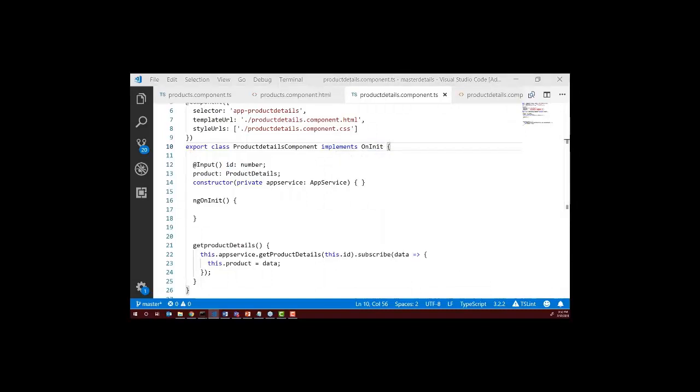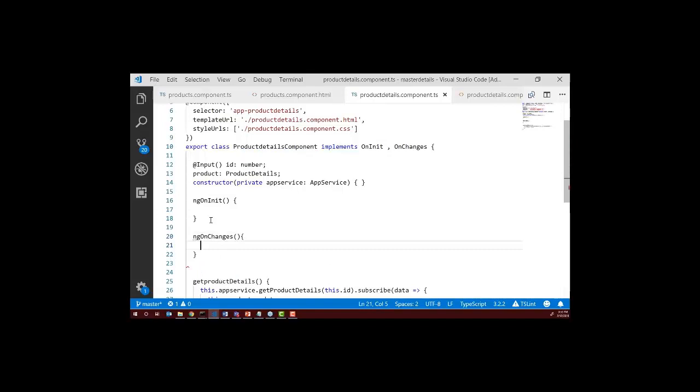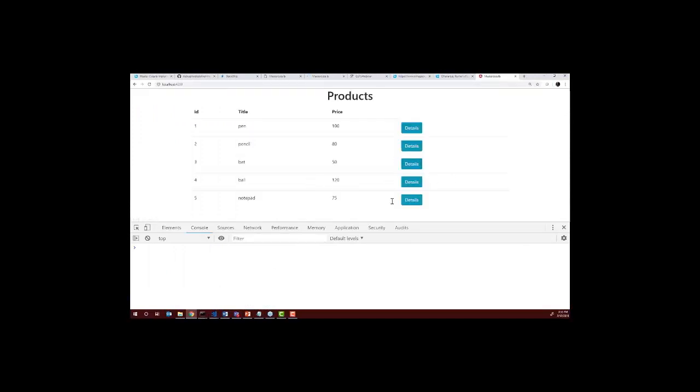I'm going to implement the ngOnChanges lifecycle hook, and for that, what we've got to do is OnInit, and then we'll say OnChanges, and right here ngOnChanges. Okay, and in this we'll say this.getProductDetails. So we are calling that inside ngOnChanges, and now let us go ahead and run the application right